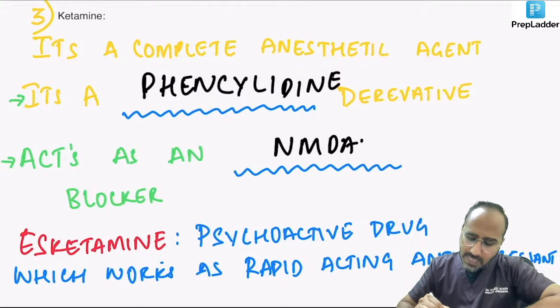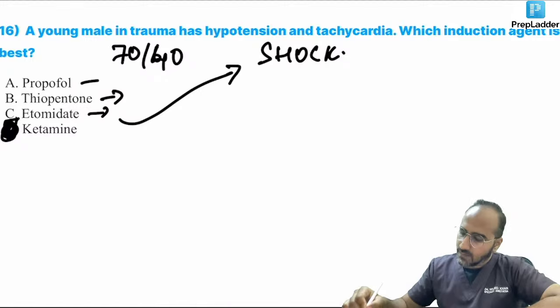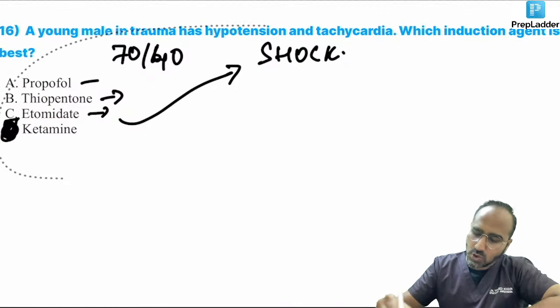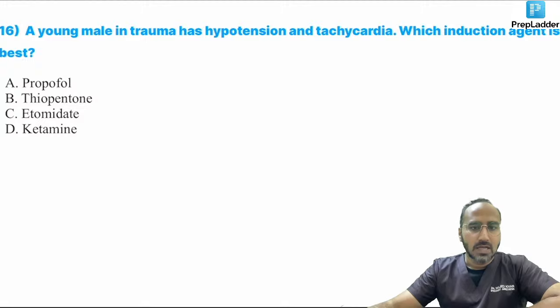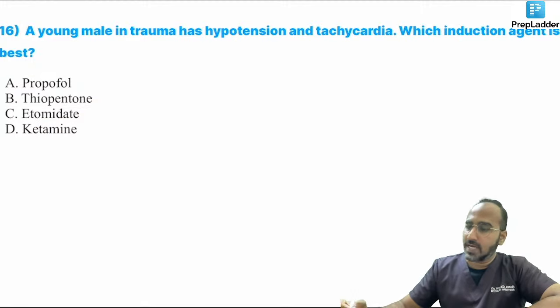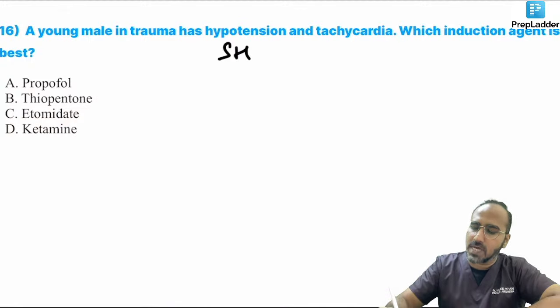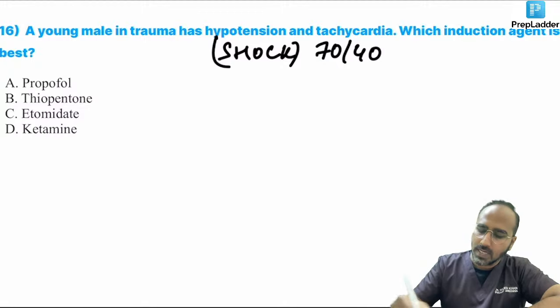Actually, I was discussing propofol only. Okay. If at all I was discussing propofol, just look over here, guys. Next question was, a young male who is in trauma has hypotension and tachycardia. Which is the IV induction agent that could be best used? Remember, hypotension, tachycardia means the patient is in shock. In shock-like conditions, you cannot give propofol. Shock means the patient is having a BP of 70/40. If you give propofol, it will cause hypo and